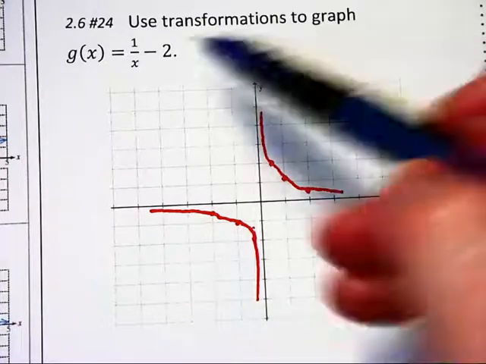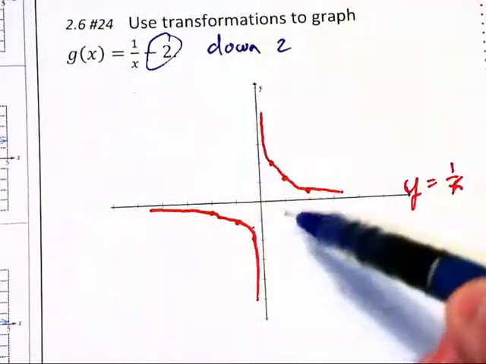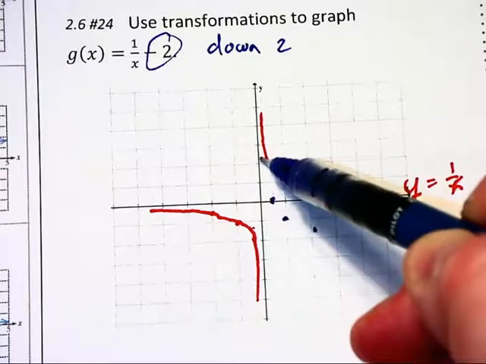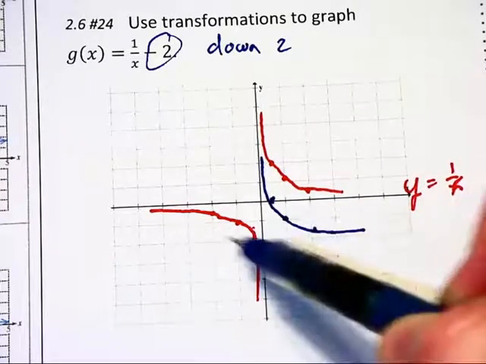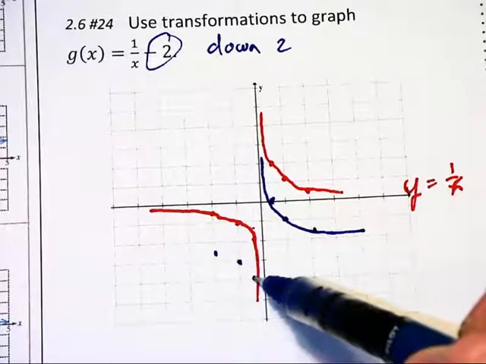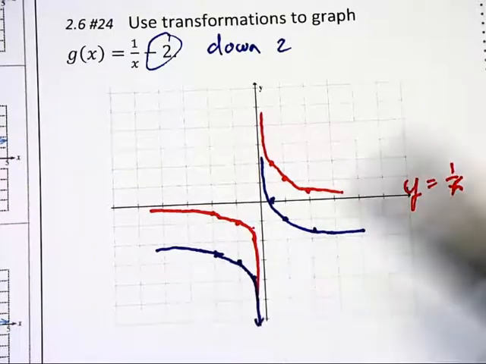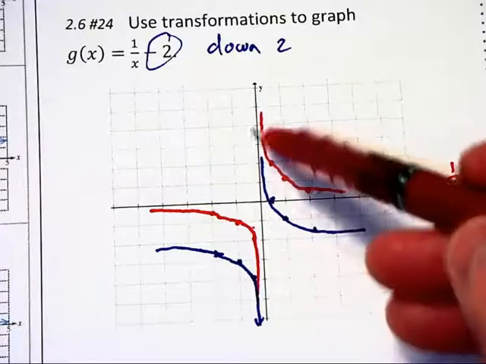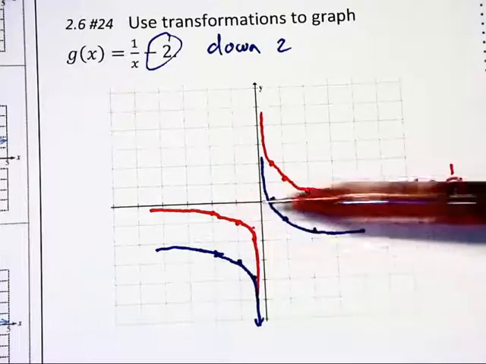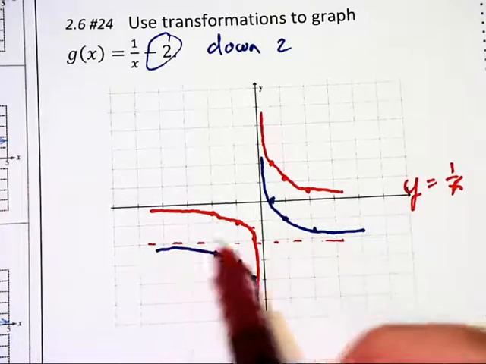Now, the minus 2 that you see over here basically stands for down 2. So each point that we have here is going to be down 2 units. And so here we go. Bam. And then these points will each be down 2 with respect to their counterparts up above. And we can draw this in. Notice how the graph still does not touch the y-axis, but instead of never touching the x-axis, as in red, now we're not going to be touching the line y equals -2 as we have going across there